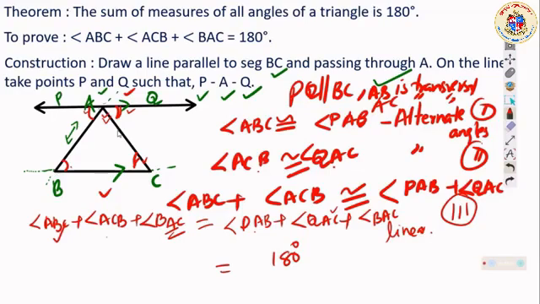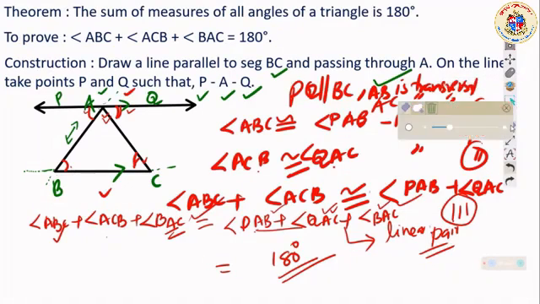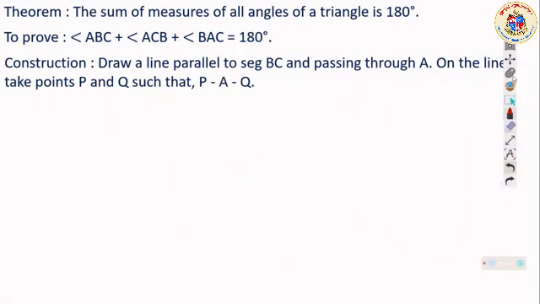So that is what was asked to prove. We were asked to prove that the sum of interior angles of a triangle is equal to 180. We proved it, starting with the parallel line and the transversal. That was the task. Understood? So we can prove the interior angle sum of a triangle is equal to 180 using the principle of parallel line and transversal. We got ABC plus ACB plus BAC is equal to 180. So be very clear about what it is. We'll go ahead. Before going ahead, let me clean the screen.